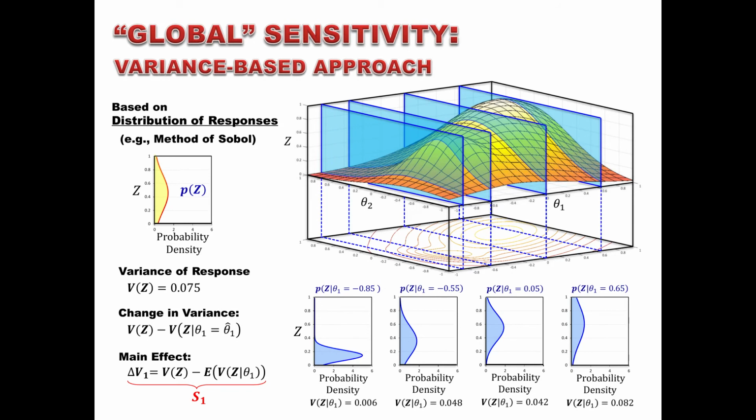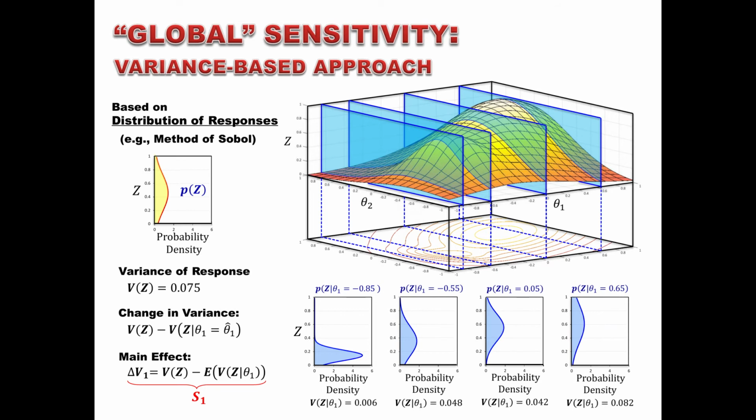For example, in this case, by fixing theta 1 at this point, by adding certainty to the problem, we are increasing the variance. So there's a paradox here. By adding certainty, I'm increasing the uncertainty of the model response. Anyhow, by averaging the change in variance for different locations,